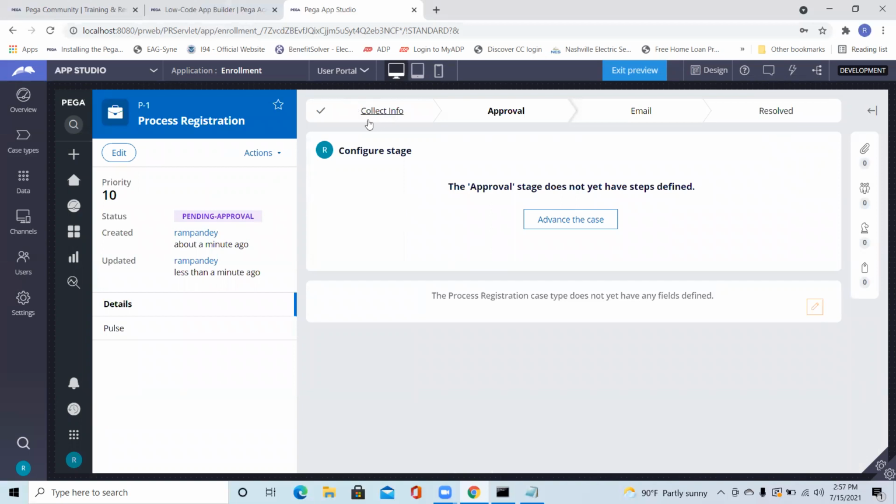Okay, so see, right now it is in the collect info stage. It is showing your case is created as P1, process registration, again with priority 10. And right now we are at the collect info stage.